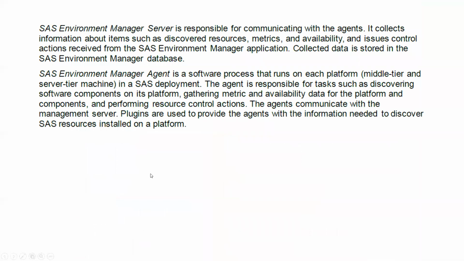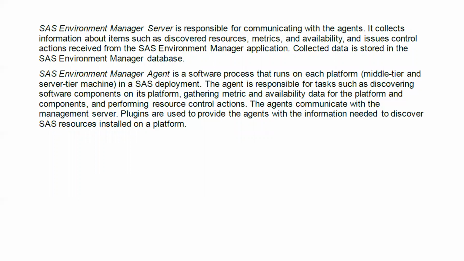As I told you, we have two types of admin tools: the management console and the environment manager. Usually the environment manager server is responsible mainly to administer and control the servers. You can control the environment, meaning you can control scheduling.